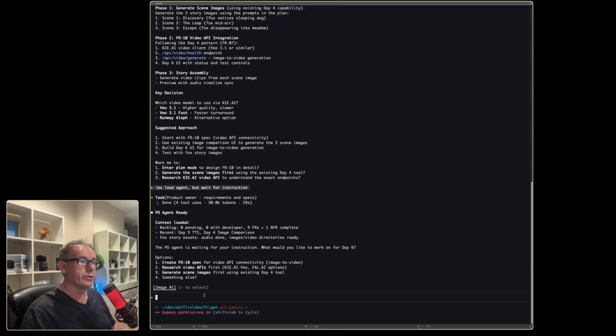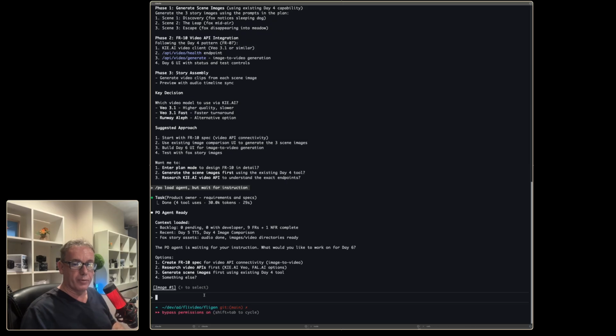Where that shot list should show up is as little icons horizontally just underneath the Generate All button and just above the headings FAL.AI and KIE.AI. So if I click on the second image, it should show up in the shot list. Now, if I generate more images and then pick a different image, that too should show up in the shot list. And the other thing is that if we go to another page, like day 6 where the videos are, that shot list is still available for us.